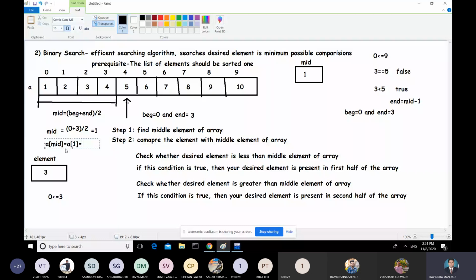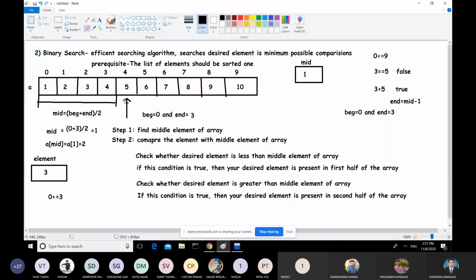So that will be 2. A of mid will be 2. So middle element will be 2. Now this is changed. Middle element will be this one now.